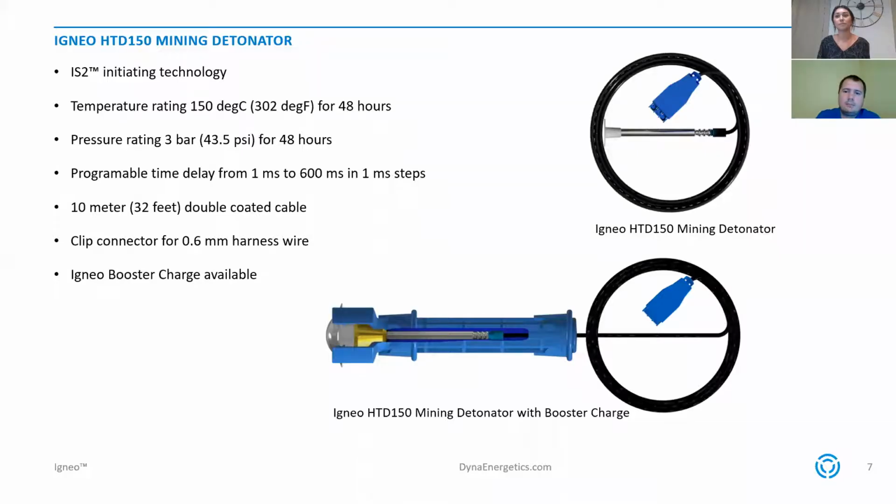Yeah, so the Igneo HTD150 mining detonator is an intrinsically safe, temperature-resistant electronic detonator. The detonator is sealed inside the copper shell, and the shell has an anti-corrosive coating. The detonator can withstand temperatures up to 150 degrees centigrade and pressures up to 3 bars for as long as 48 hours. It has a user programmable time delay, which can be increased from 1 millisecond to 600 milliseconds in